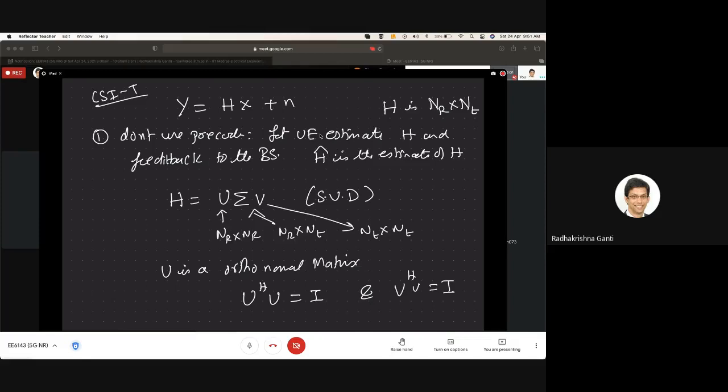Just know this. The details of this you can study, or if any of you are interested, I can give you more material on this. This is called the singular value decomposition. Then what the base station does is,